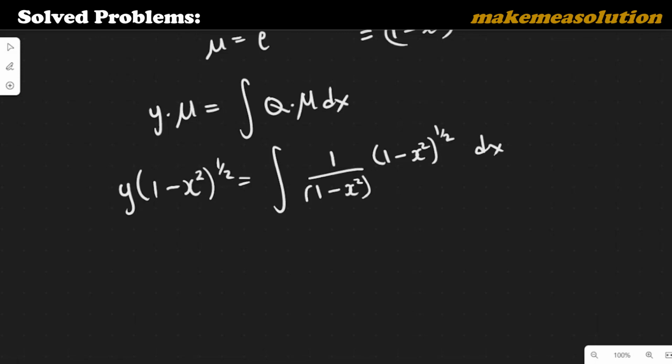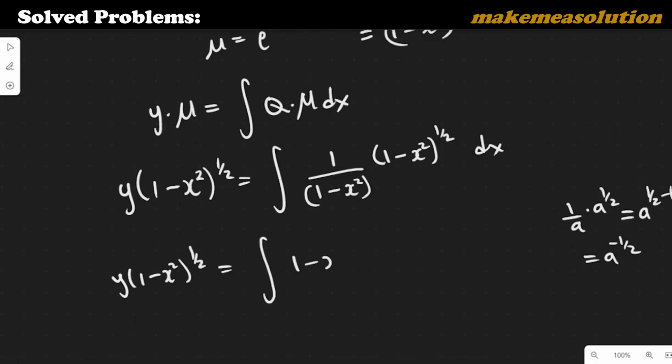So on this particular side, it's just as if you're having 1 over a times a raised to the power of half, and this is going to be a raised to the power of half minus 1, which is a raised to the power of minus half. So the argument of the integral on the right hand side can be expressed in this form: